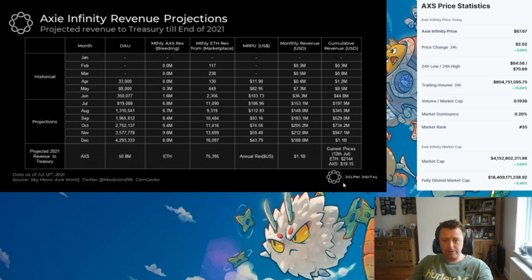And if we look here, what I did find on Nasdaq.com was Delphi Digital, who are a boutique financial projections company from what I've seen. They have estimated, and if we go to the projections, the first month was July, 150 million in monthly revenue for the game. They actually beat this by 33%. From what I've read, it was over 200 million, which is absolutely insane. And if you look at the projected revenue to the Treasury for the year, that's 1.1 billion in annual revenue.